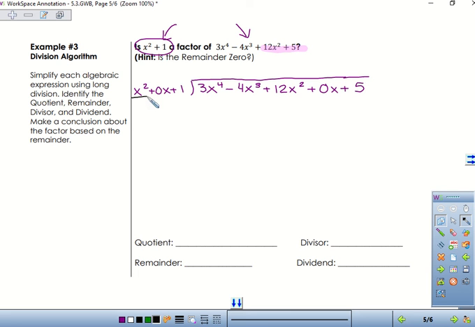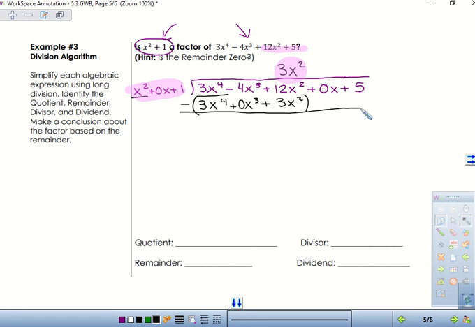So what would we multiply x squared by to get me to 3x to the 4th? Good. And notice I lined it up with the other x squared term. You're then going to multiply 3x squared by the entire thing. So that's going to become 3x to the 4th plus 0x to the 3rd plus 3x squared. And that's going to be subtracted. So these are going to cancel. This is just going to become negative 4x to the 3rd, because when you subtract 0 from something, it doesn't affect it. And then the last one is going to become